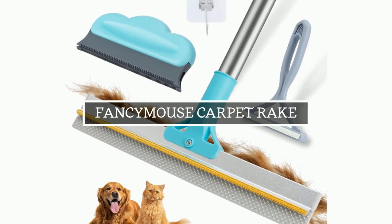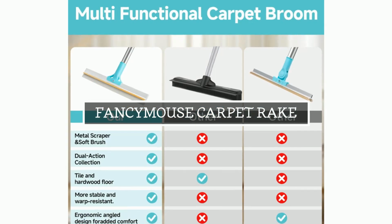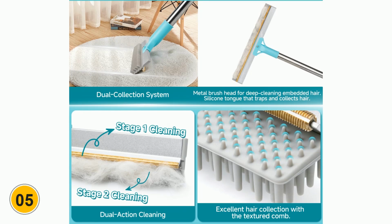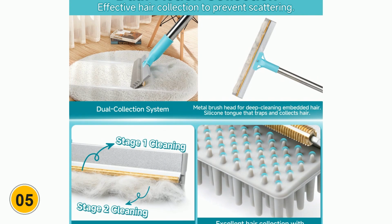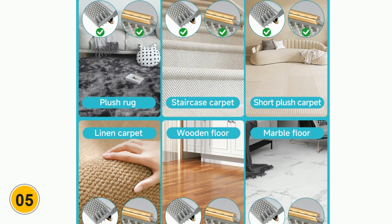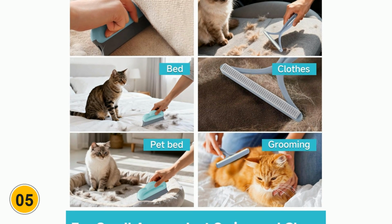Product number 5, Fancy Mouse Carpet Rake. Lastly, we have the Fancy Mouse Carpet Rake for pet hair removal, priced at $27.99. This one is a bit different, but if you've got stubborn pet hair and carpets, it's definitely worth a look. The dual-action cleaning system starts with a metal head that scrapes and loosens embedded hair, followed by a silicone